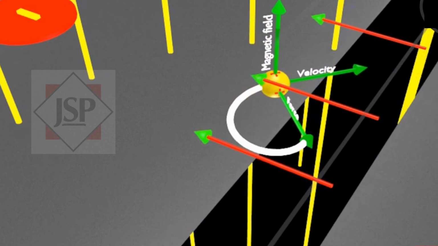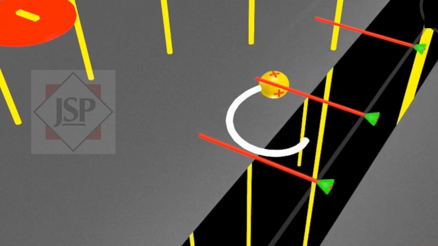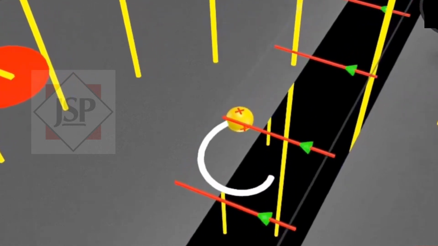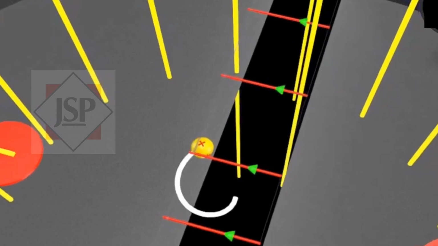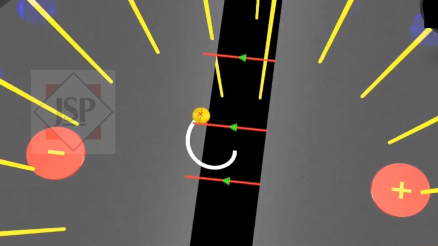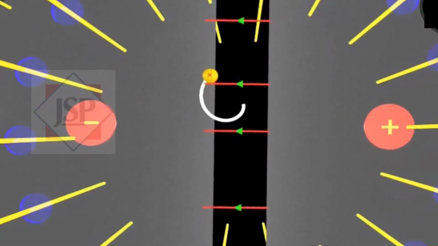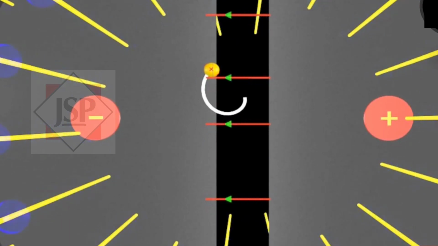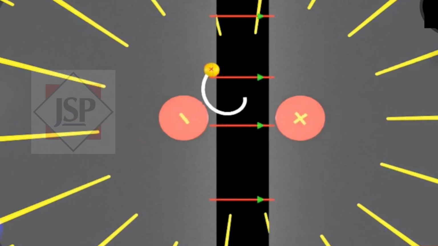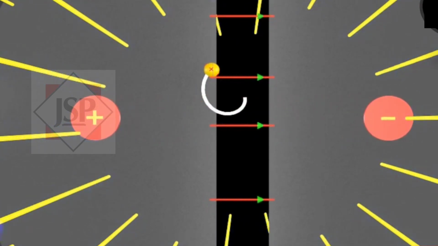After turning in a circular path, the positive particle again enters the gap between the two D's. As soon as the positive particle enters the gap, the high tension oscillator provides a favorable electric field by changing the polarity of the two D's to accelerate the positive particle. Because now the electric field is favorable to the positive particle, it is again accelerated by the electric field, which increases its velocity.